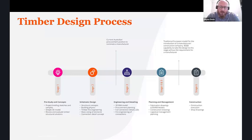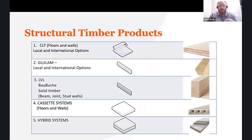When we did the initial feasibility studies, we were looking at all procurement options in the market. We were looking at CLT floors, glulam beams, LVL structures. We were looking at lightweight cassettes, and of course, hybrid options. We did cost studies and feasibility studies on all this. We ended up landing on the traditional CLT and glulam structure. But then we had another layer of complexity. We had to think about procurement. There are so many different glulams in the market, especially when you compare Australian hardwood options versus European spruce. CLT floors, we had to consider, are these coming from Europe as well? Or are we going to push with local